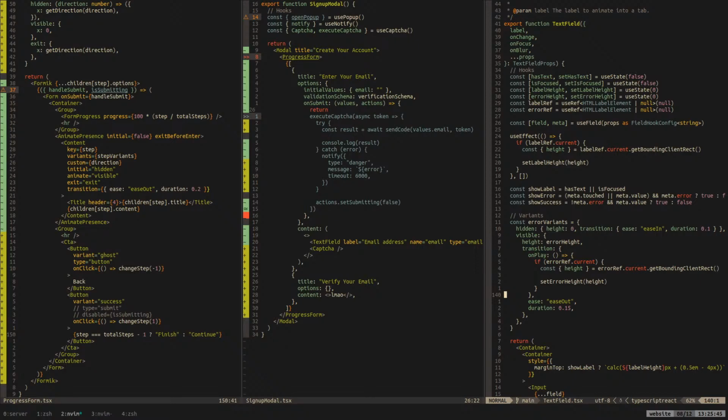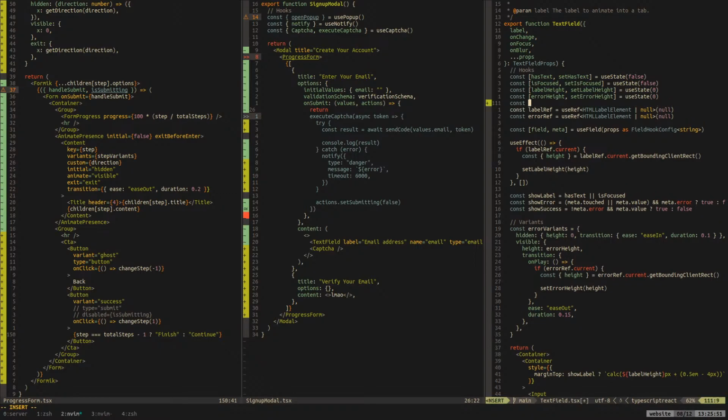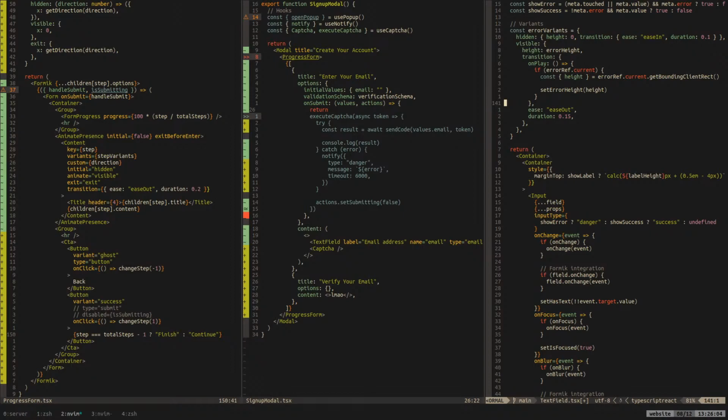Okay, let's do that. Let's test it out. Let's make a thing called an input ref and have it equal to exactly this, except that it's not a label, it's an input, and we give it to the input.